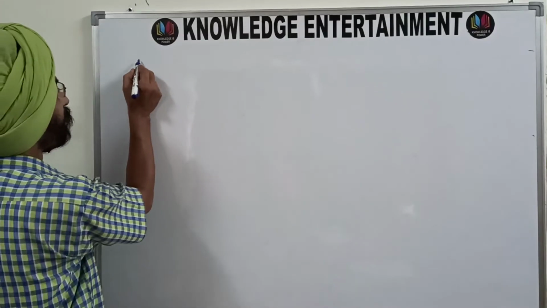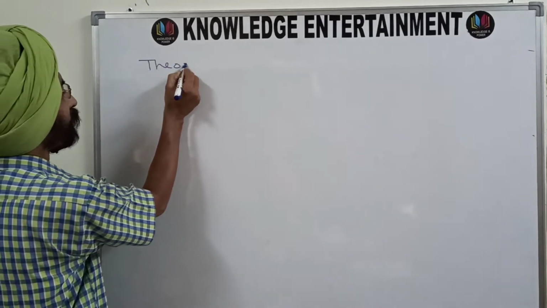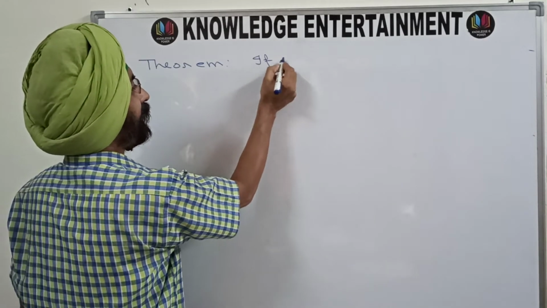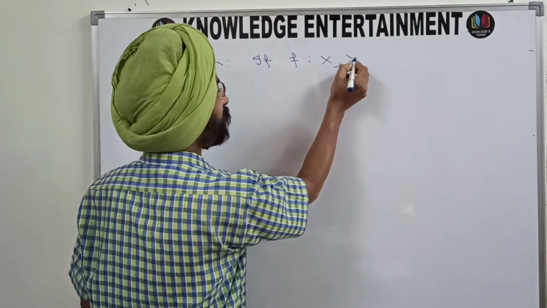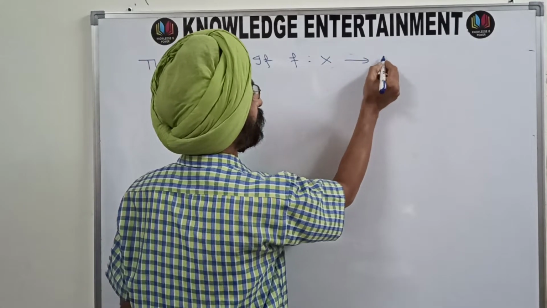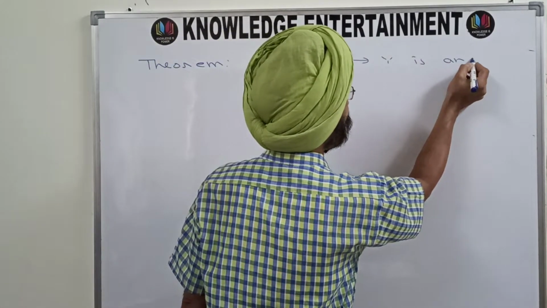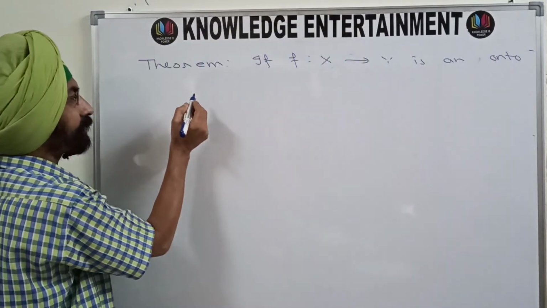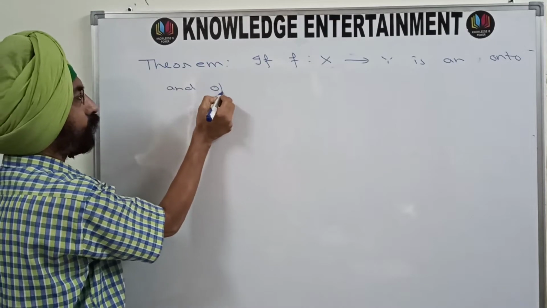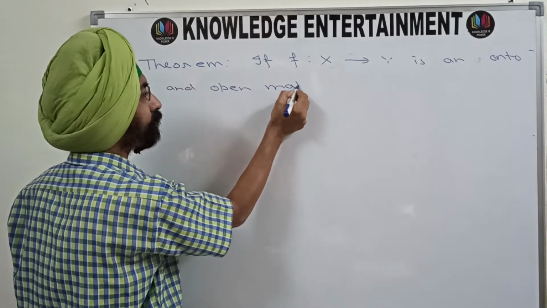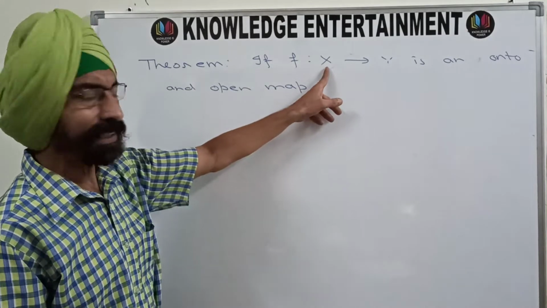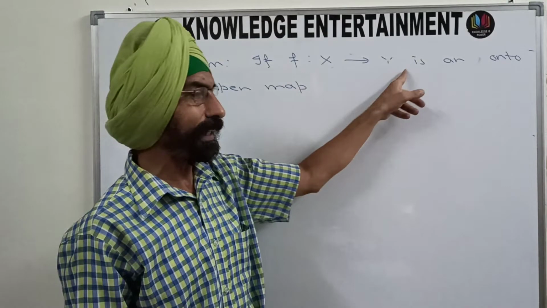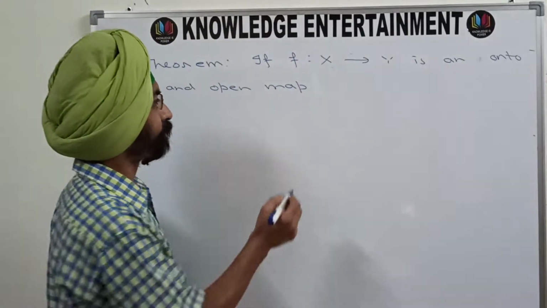The theorem is, write down the statement of the theorem first of all. So if f from X to Y is an onto and open map, here X is a topological space, Y is a topological space, the function f from X to Y is onto as well as open, and